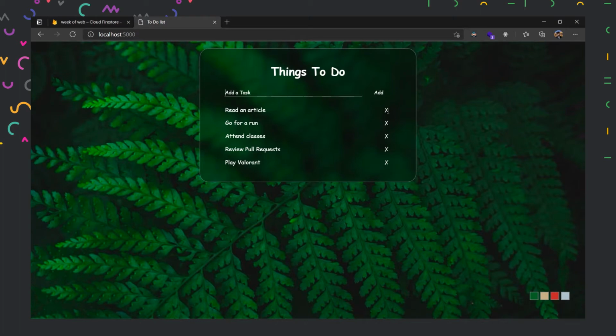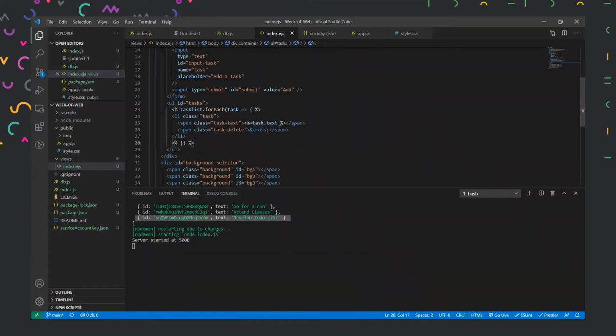But then on clicking, it should create a post request in itself, and HTML can only do a post request by using a form. So we'll have to create a form for each and every element, and that element should store the ID of whatever text we have selected for that time. So let us do that now. Here I will just add a form, and VS Code will give me two methods, get and post. I'll select the post method here, and action. What was the action in the JS file?